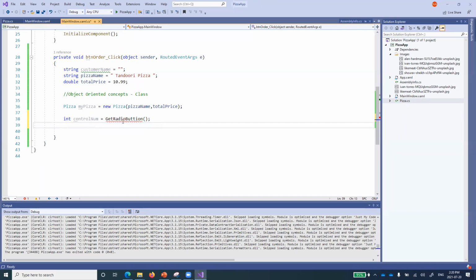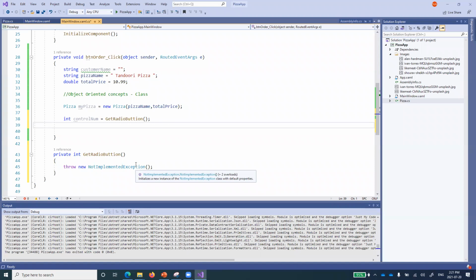So this control number will have which radio button has been selected. Now, since this method is not created, I have to create that method. Just don't worry and create this method. And don't worry about this throw new not implemented. Just right now we have created that so that this error is not coming. I'll come to this one and I'll tell you how to do that. But right now I've just created the radio button.